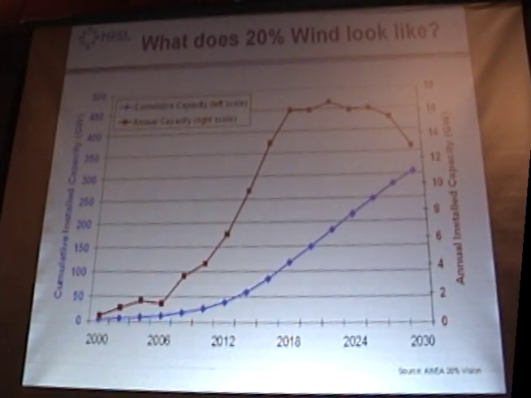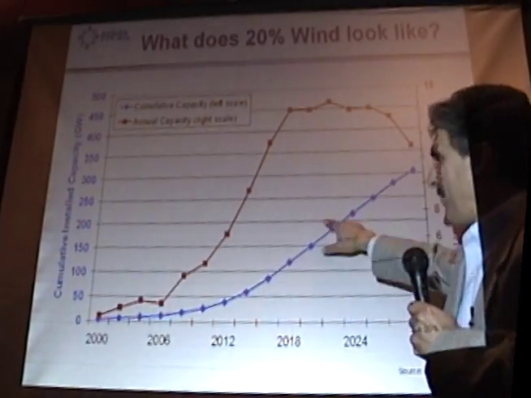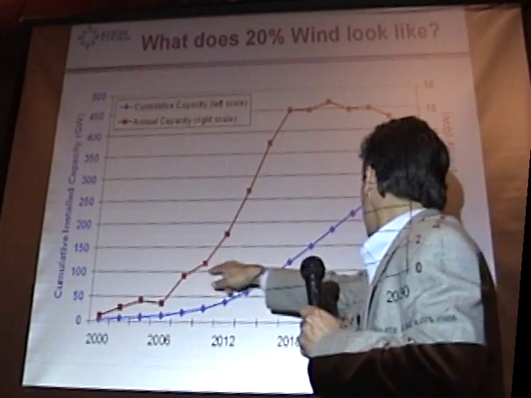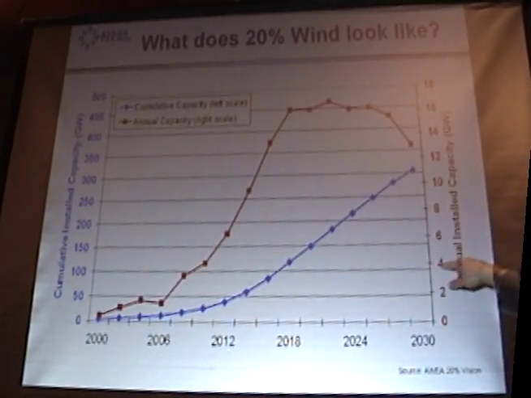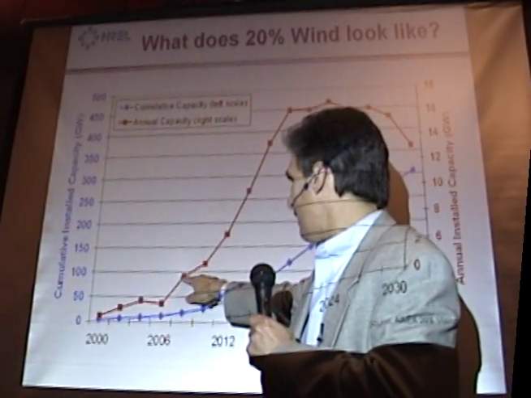In order to do that, we need to increase our manufacturing and our installed capacity. We need to start ramping it up right now. So the cumulative capacity would be the blue line, but this is how much we want to put in each year going over this way. So last year, 2007, last year we put in